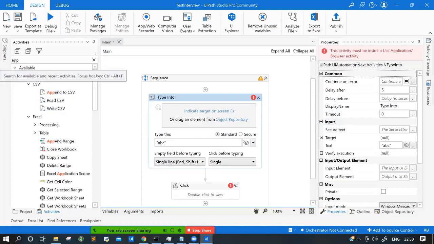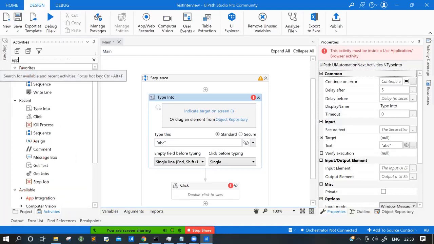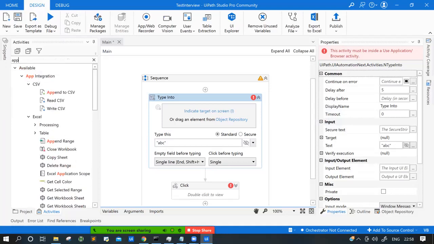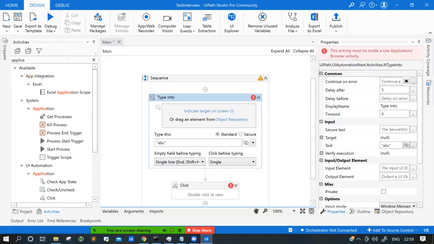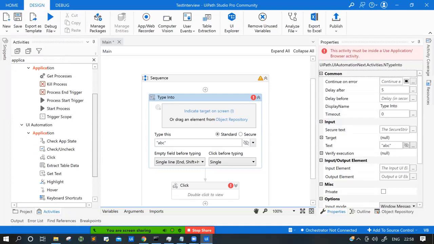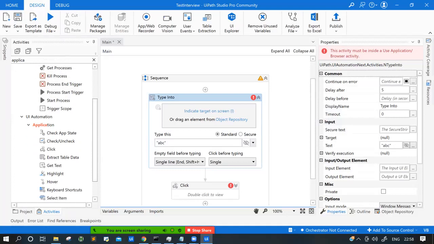If we use these three things at a time, timeout with these delays, which one will work? Both will work, or a single thing? Delay after, delay before, and timeout. It's a very nice question. That's why you have to understand the concept. So timeout will work always. It's the default.